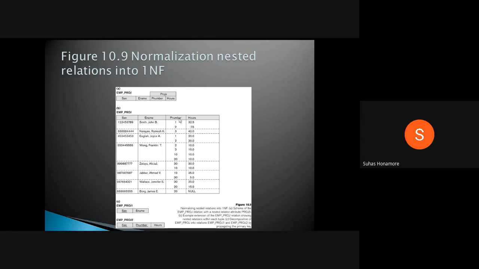Among these, one attribute will be made the primary key. So here we are making P number a primary key. We can't do it with number of hours, because some person may be working the same number of hours on different projects. So instead of that, project number will be given as a part of our primary key. So here, this one table we divided into two tables, PROJ1 and PROJ2. In this second table, these two attributes together form the primary key.